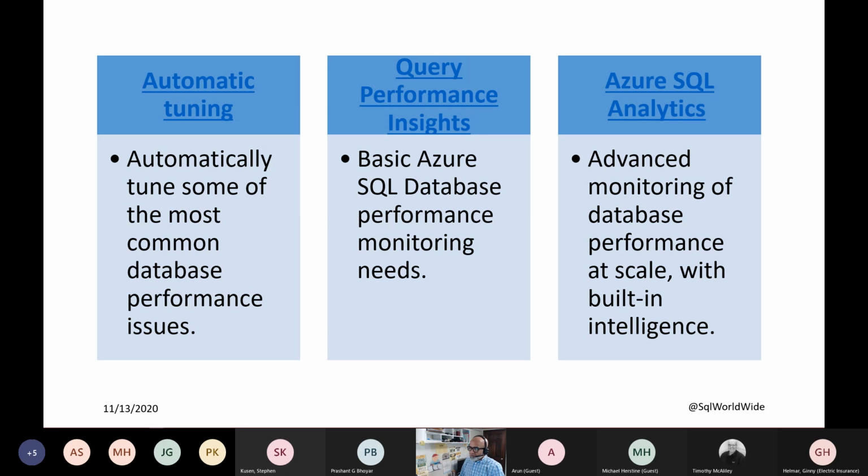So we talked about 3 things for Azure SQL Database, and a bunch of things that we use on premise today that, with a little bit of tweaking, we can keep using. Automatic tuning is for common performance issues. Query Performance Insight is